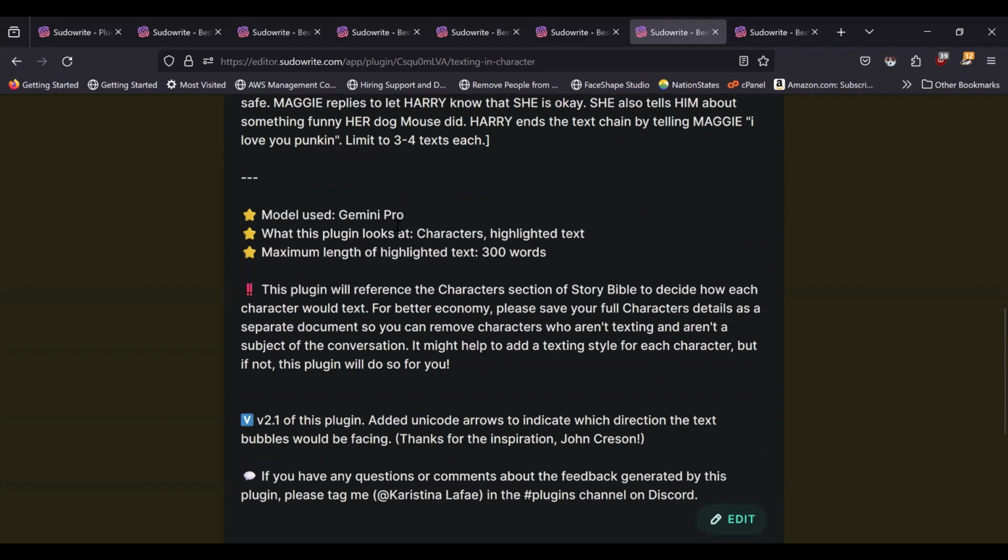Model used, Gemini Pro. What this plugin looks at: the characters box and highlighted text, and the maximum length of highlighted text is 300 words. And I put a double exclamation mark to point out that this plugin will reference the character section of Story Bible to decide how each character would text. For better economy,